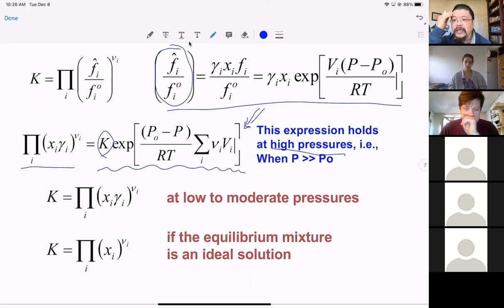Capital K, and the reaction coordinate. There are two parts of any reaction equilibrium problem. You always have to figure out capital K utilizing other data. And then you are going to set up the equation between capital K and reaction coordinate epsilon, and eventually solve